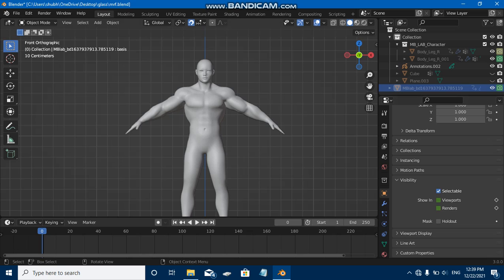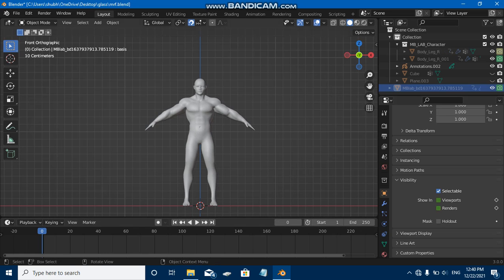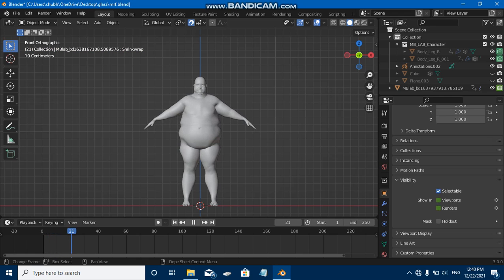Viewport means what is shown in viewport shading, and render is the final product. You will find that it has shape keys and frame insert keys. I put some insert keys here on both sides, so it becomes a perfect transformation.